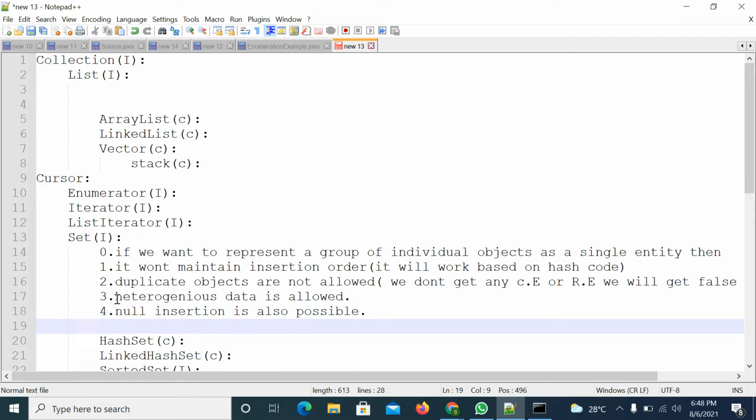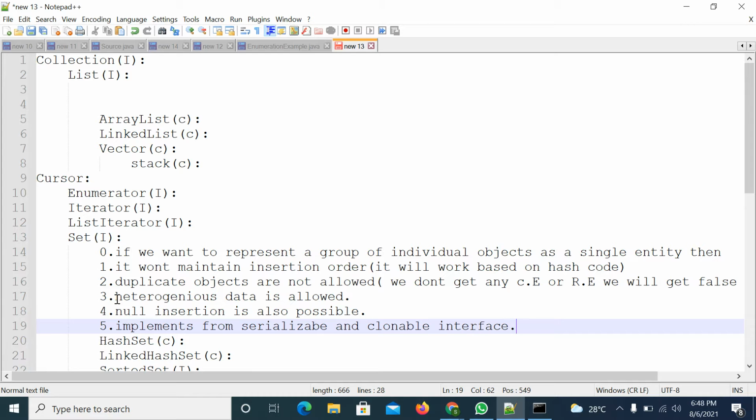I hope these points are enough. The Set interface implements the Serializable and Cloneable interfaces.